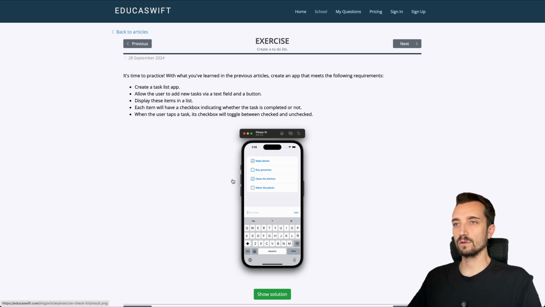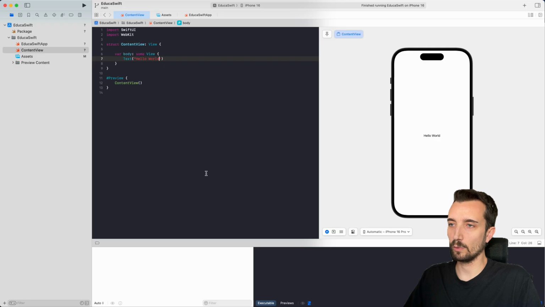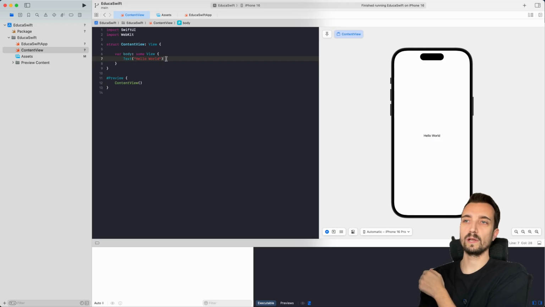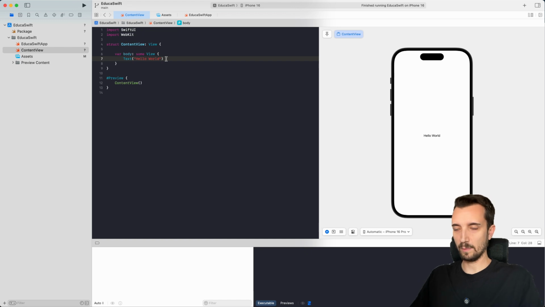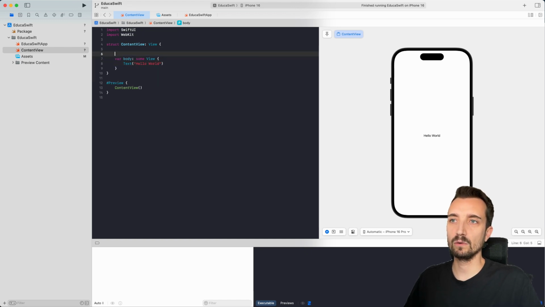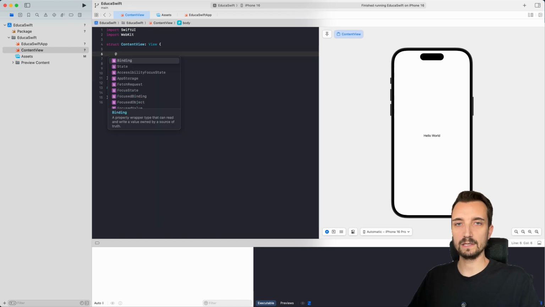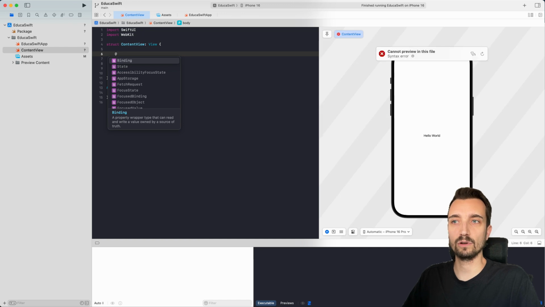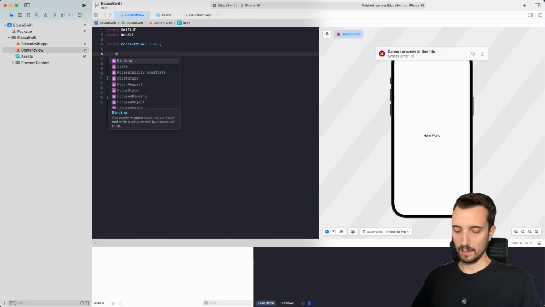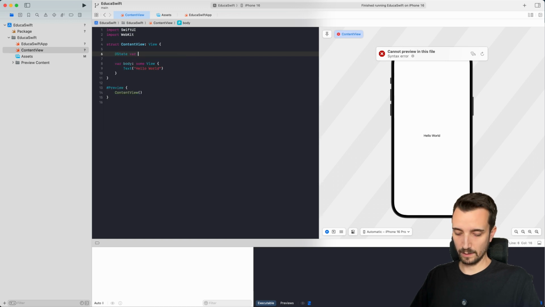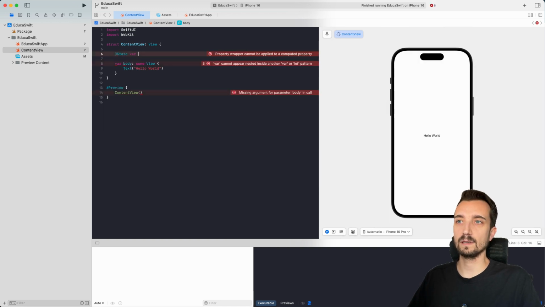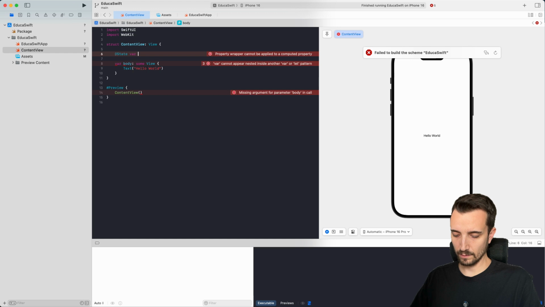Okay, so yeah, let's start creating our project. Once you have the project created, we can go step by step. So first of all, we are going to define the variable that will store all our tasks or to-do things. So this will be just a standard state var. We are going to call it items, but